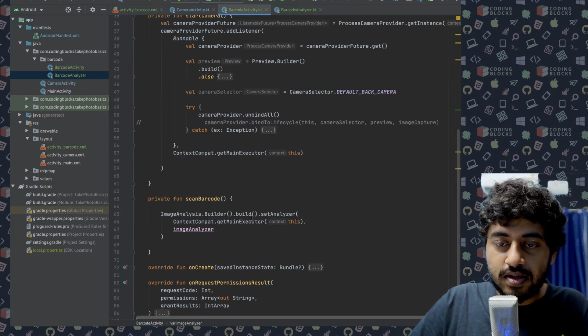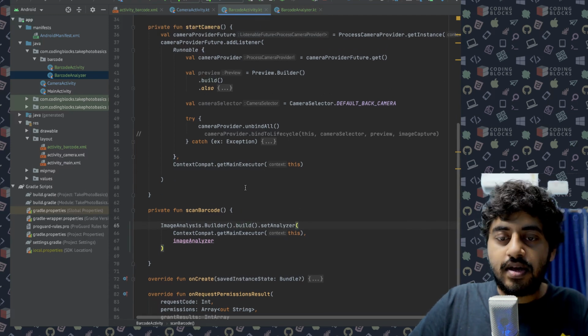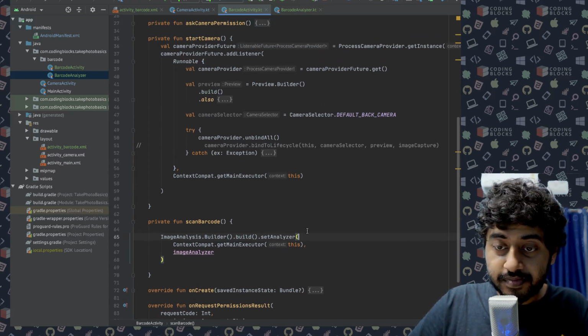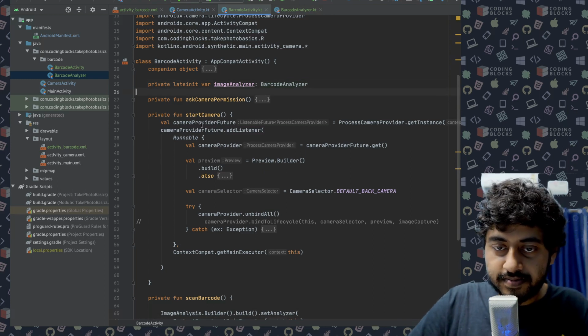Here, when we do the image analysis dot build dot set analyzer that we have done, we will pass certain parameters here.